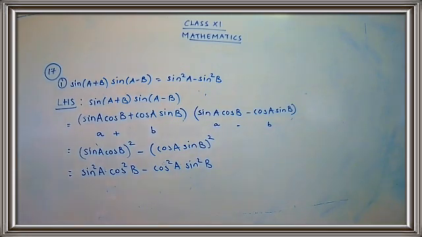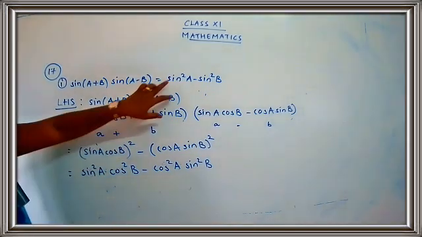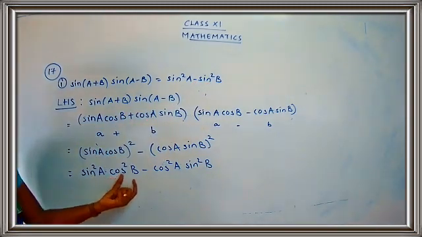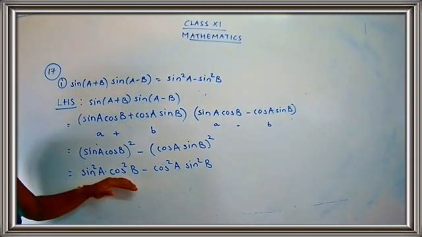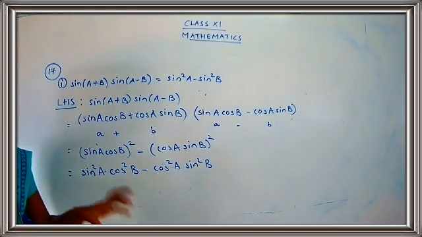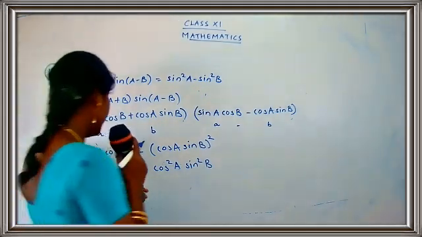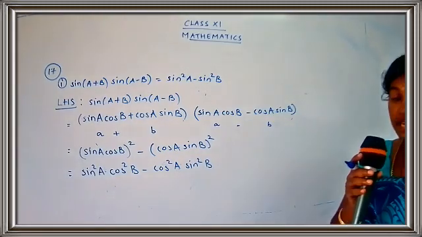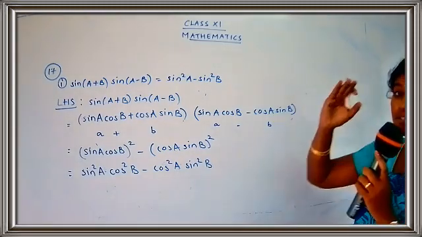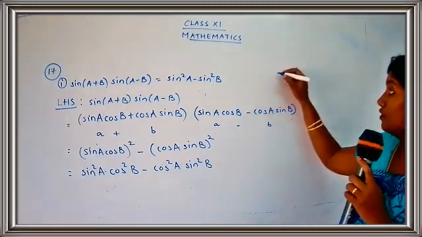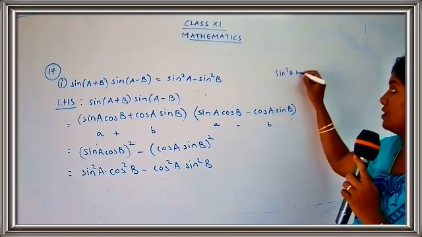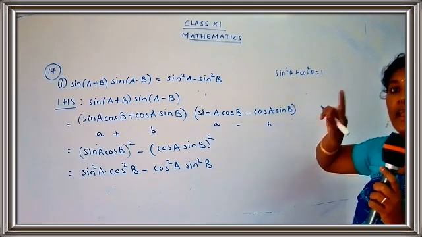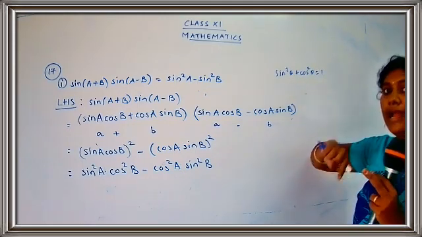Now just come to the proof part. In the proof part, we need only the sine part. I don't want a cos part. So wherever you have cos, you are just going to replace it in terms of sine. And how to replace, you know. We are just going to use the identity that we have studied in lower classes. What was the first identity that we have studied? It was sine square theta plus cos square theta is equal to 1. From this identity, we can get the values for sine and also cos.